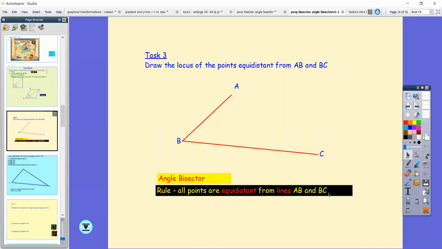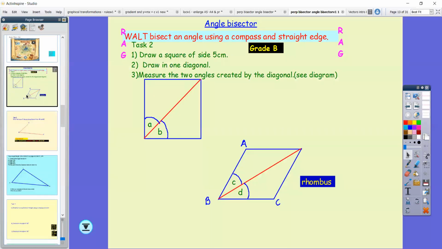Angle bisector equidistant from 2 lines. This is what we're doing at this stage anyway. Okay, so why does it work, the method? Why does it work? I don't know if you ever thought of this yourself, but I get them to do a little square, draw a diagonal, measure the diagonals, measure the 2 angles. So what we can see here is confirming that the angle bisector is a diagonal of a square or a